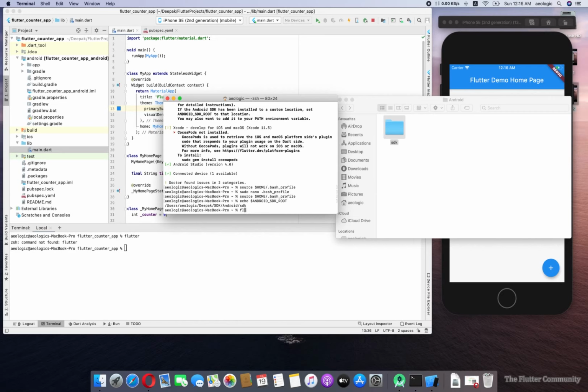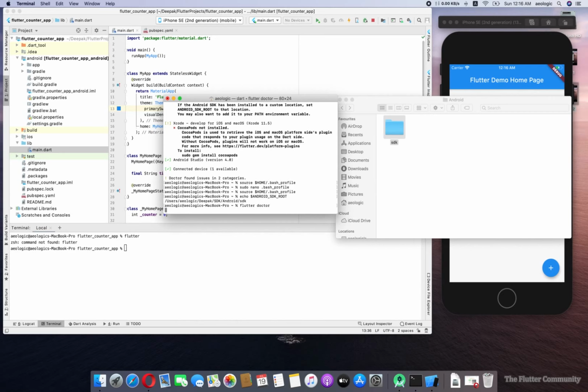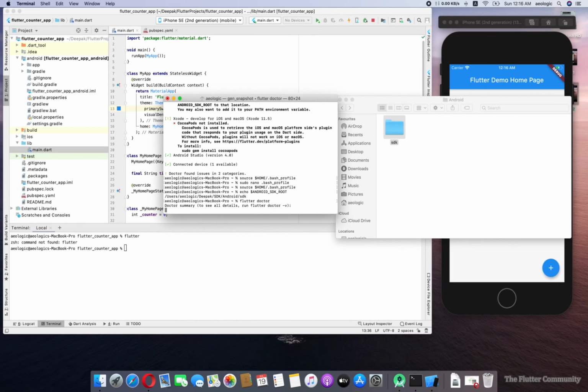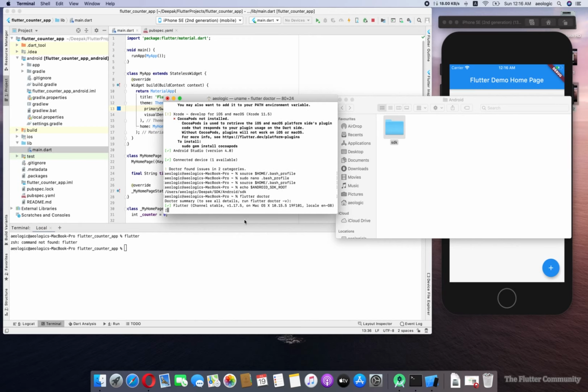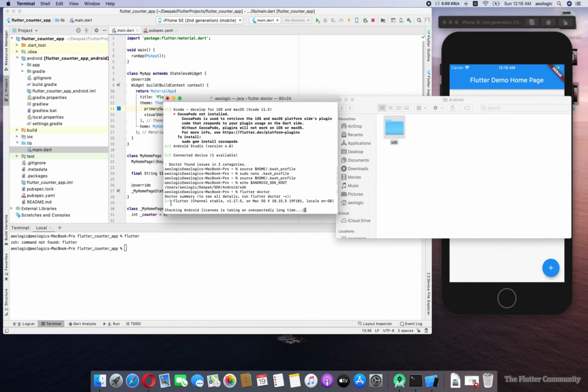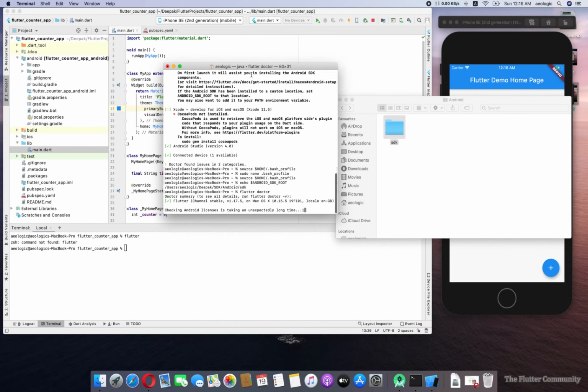And then again just type flutter doctor. Yeah, it's taking some time. I think it's configuring with the system and communicating with the path. So this is fine. Checking Android licenses is taking an unexpectedly long time. Okay, we will wait for that, no issue.